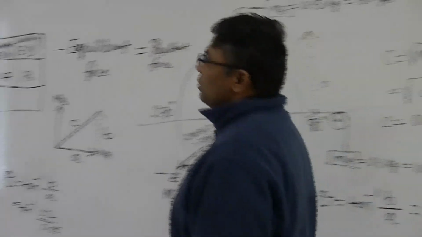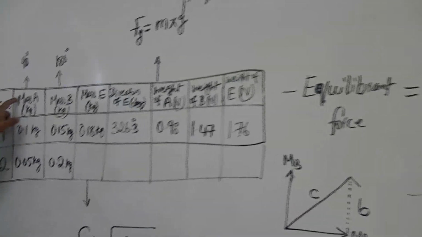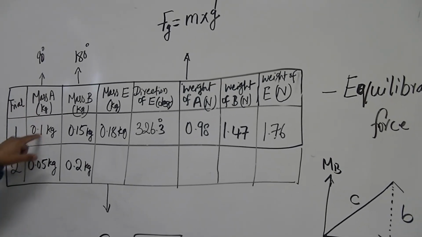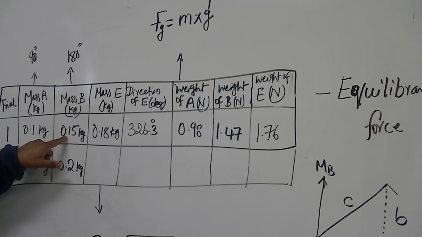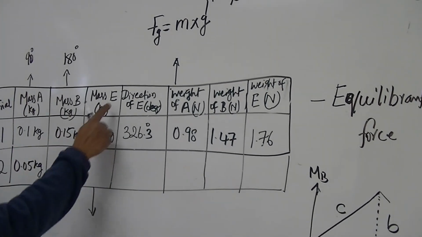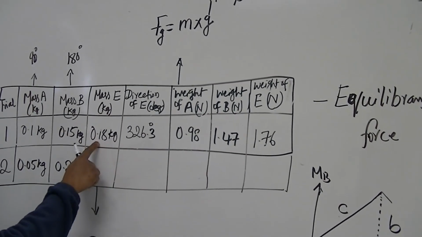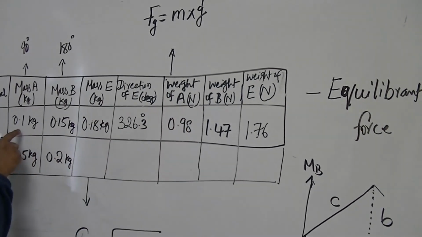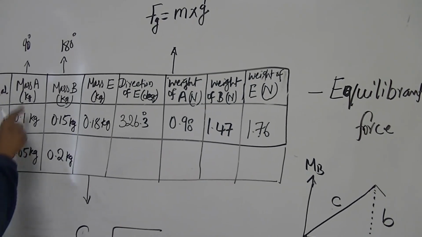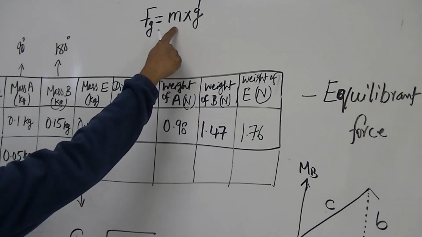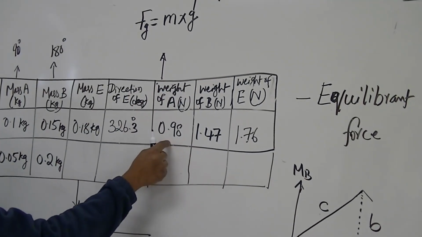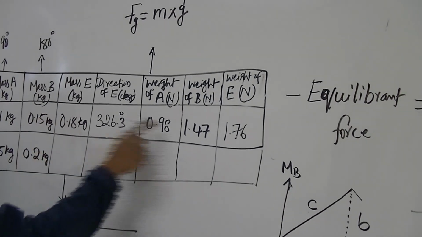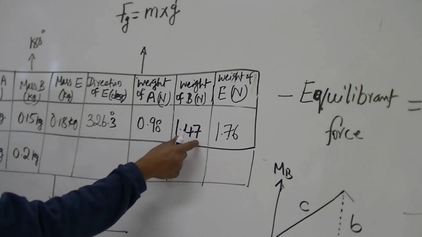So here is the table, so we have to fill the table. I did the first trial, where I took my mass A as 0.1 kilograms. For mass B, I put it as 0.15 kilograms. And how I got this mass E, I used Pythagorean theorem, so I got 0.18. Now, how do you get the weight of A? When you multiply this mass with 9.8, mass times gravity, you will get this number. When you multiply 0.15 times 9.8, you will get the weight of mass B, which is the pulling